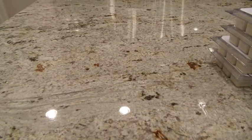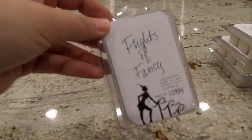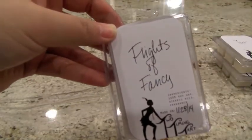And I can smell the peach. It's more cashmere dominant, I would say. No, I can get the peach in there, actually, yeah. I don't know what amber smells like, so I couldn't tell you if I was smelling it at all, but that's a really nice one. Cashmere to me is more of a masculine scent, I think, but I love it. I really like it. Okay, this next one here is Flights of Fancy, and this is